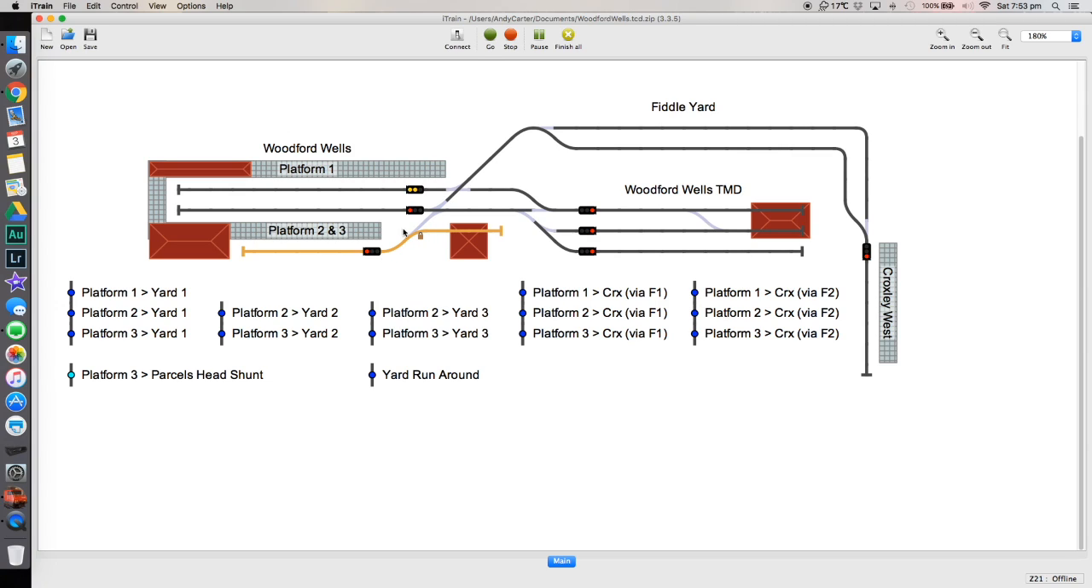It's all locked out because that route is set. If I unclick that, I can now change some of these points. So all of my routes are set up for every possible scenario and every possible loco movement that I might want to do. So let's have a look, platform 1 to yard 1, and I've got it to illuminate the